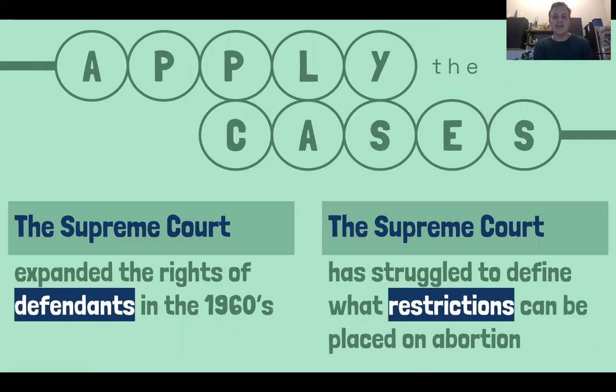And secondly, the Supreme Court has wrestled with this abortion decision ever since. As I mentioned, it was a very controversial ruling, but controversial rulings are not always final at the Supreme Court. Many people have argued that this ruling should be overturned. Many other cases have arisen asking what restrictions can be placed on abortions. And if you see those cases, you might see that the Supreme Court really has flip-flopped, not on whether abortion can be banned in all cases. They've said no, but on what restrictions can be placed on it and what sort of things are constitutional there.